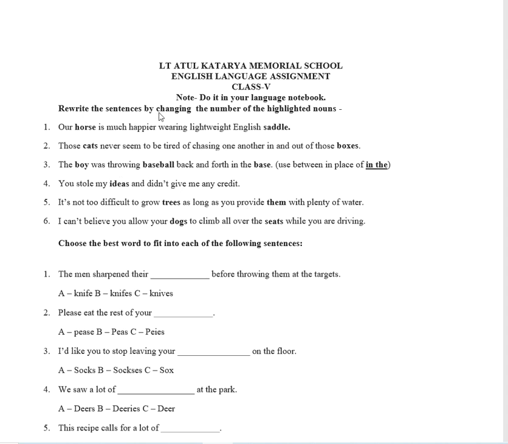Rewrite the sentences by changing the number of the highlighted nouns. So you can see that a few of the words are highlighted here. So you will have to change the numbers of these highlighted nouns. But children, understand one thing. When we change the numbers of nouns, from singular to plural or from plural to singular, we have to make certain other changes also in the sentences. Like, for example, I say